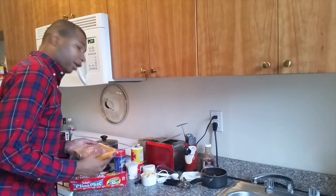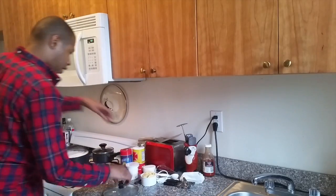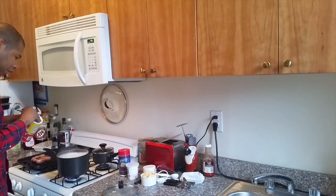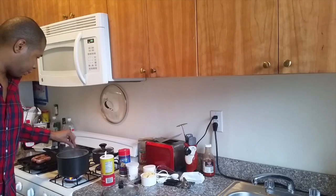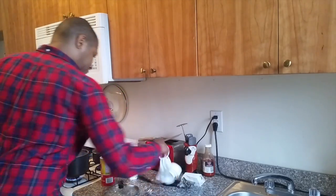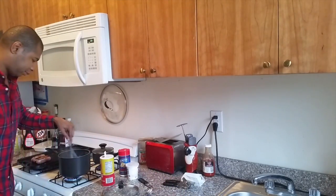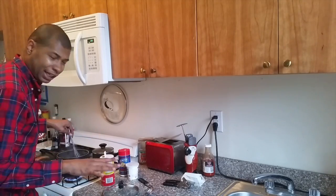All right, now it looks like our water and milk mixture is starting to boil. Now we're going to put in 2 teaspoons of salt. Stir. And get your whisk ready. All right, now we're going to put in our polenta, and it's time to get to whisking. I'm putting a pot top over the sausages and turning them down to about half heat because I done fucked